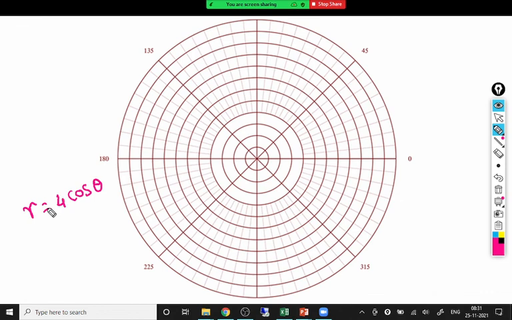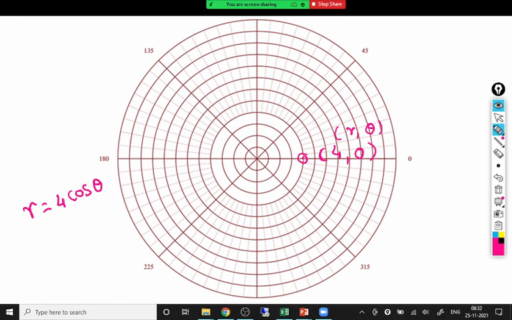Now to draw the polar curves, we can again take some sample points. Just like in Cartesian, we put x as 0 and get y, then x as 1 and get y. Same thing, replace thetas here. Thetas are just angles, so replace theta by 0. What is cos 0? 1. So r is 4. The first point we get is at 4 units, where r is 4 and theta is 0. All the coordinates I am going to write in the form r comma theta. So the first point we got here. Next point.